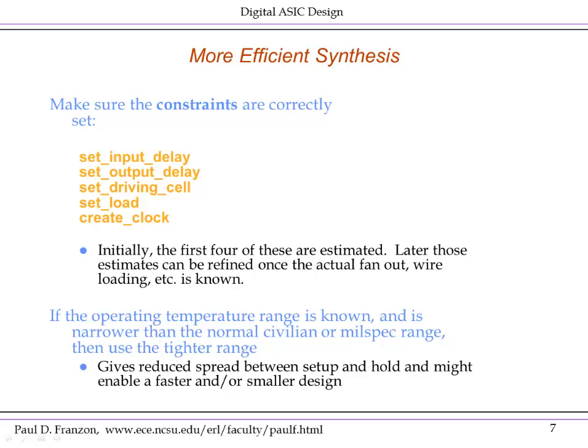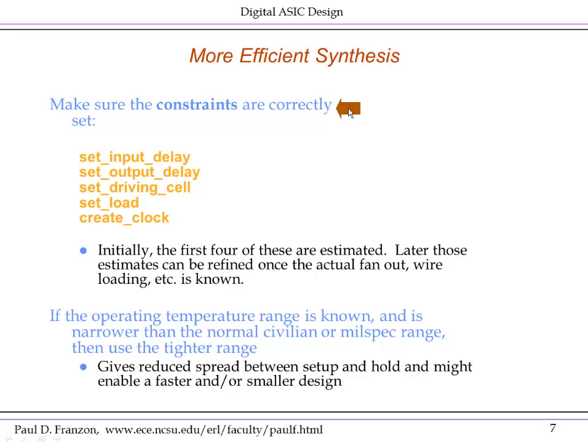Changing gears a bit and looking at more efficient synthesis, the first things here are the obvious things. You might recall at the beginning of the synthesis run, we set up these constraints. And all these constraints had to do with timing for your block. Now, how did I generate these constraints in that synthesis script? I made assumptions about what my logic was connected to. If it's not connected to what I assumed it to be, then I might be over-constraining, or even worse, under-constraining